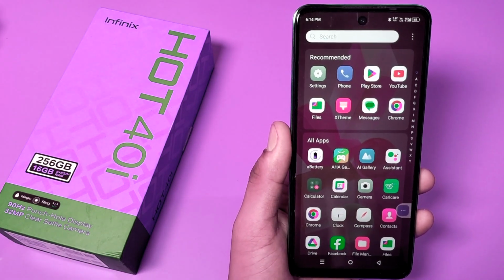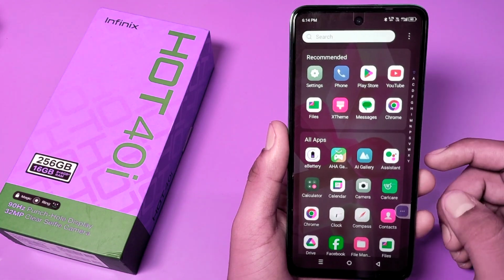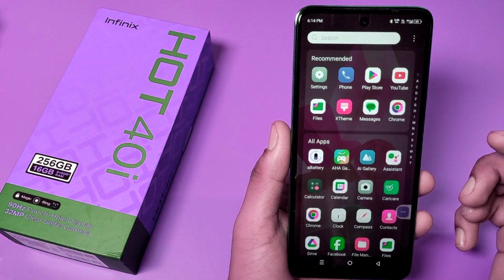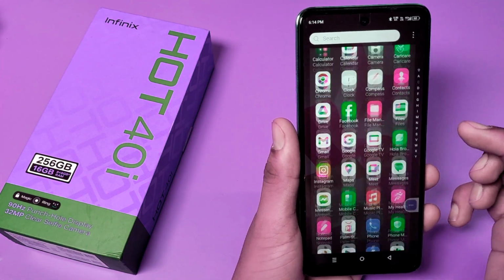In this video I'm going to show you how you can disable permissions of any app like camera in Infinix